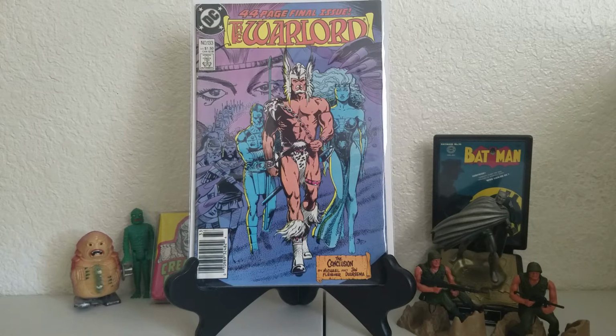run of Alpha Flight for 33 cents each. It didn't have the #1 or Lady Deathstrike, which I think is 33, or the final issue, but it had some run fillers. And then I picked up a few Warlords, and I picked up quite a bit of Conan, the original series. They were later issues. I think the earliest one was like 141, and then it goes up to the high 100s and then the low 200s. But it's kind of fun. And then this is Warlord final issue,